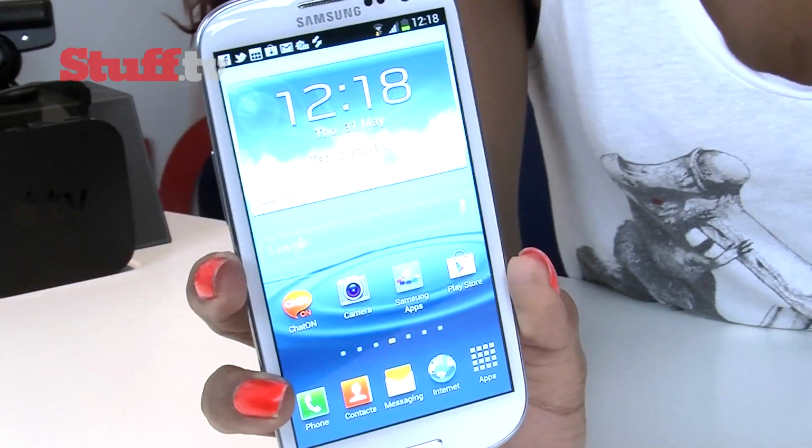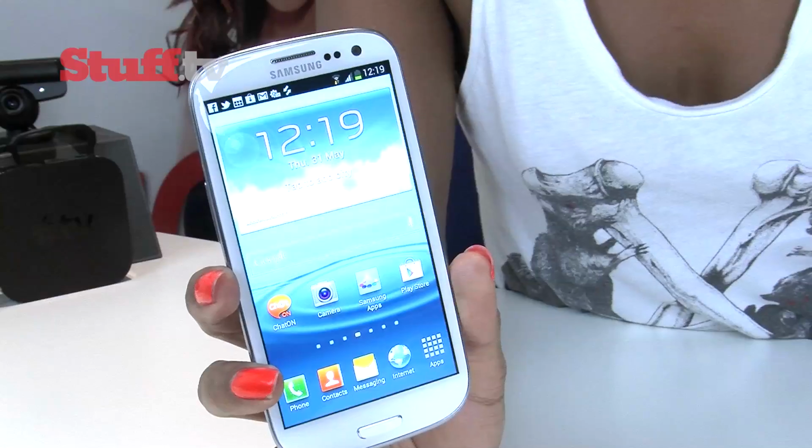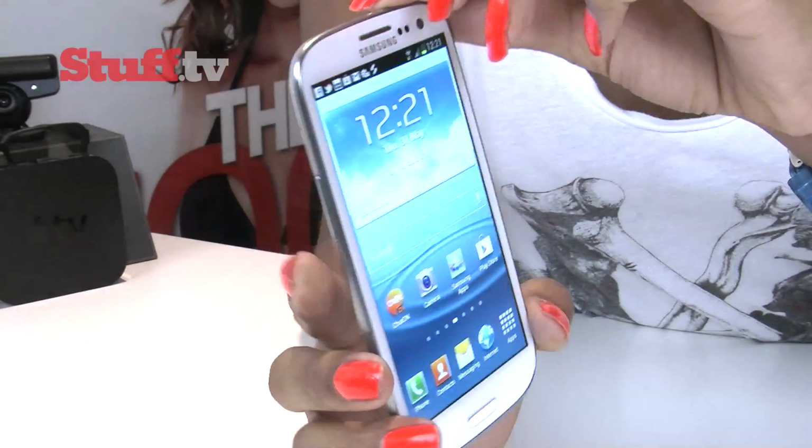The amount of hype and speculation surrounding Samsung's Galaxy S3 was enough to rival an iPhone launch, and rightly so. It's got to live up to its hugely successful predecessor and of course attempt to dethrone HTC's One X as the number one Android smartphone. So design-wise, the S3 looks less like an iPhone and more like a Galaxy Nexus, but